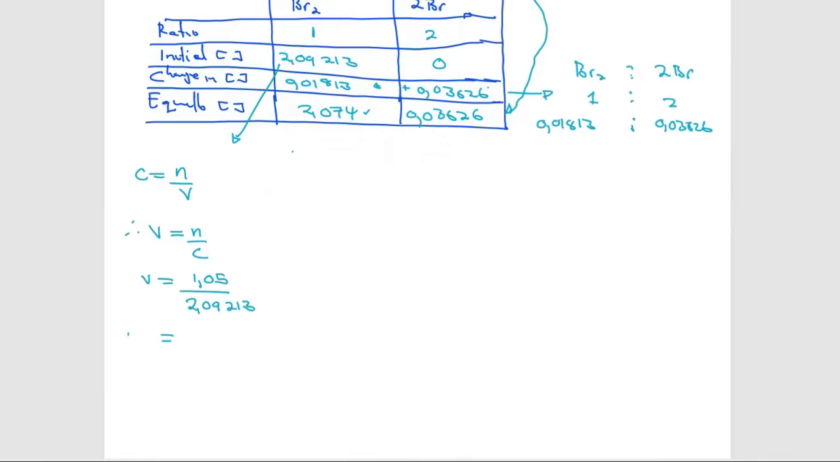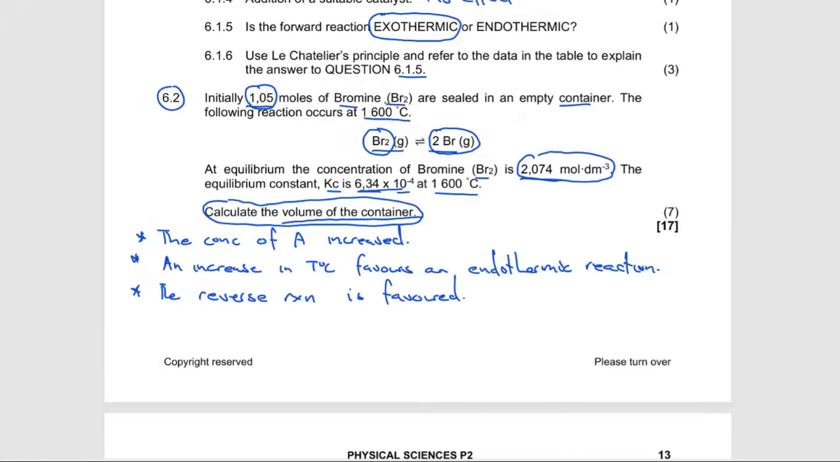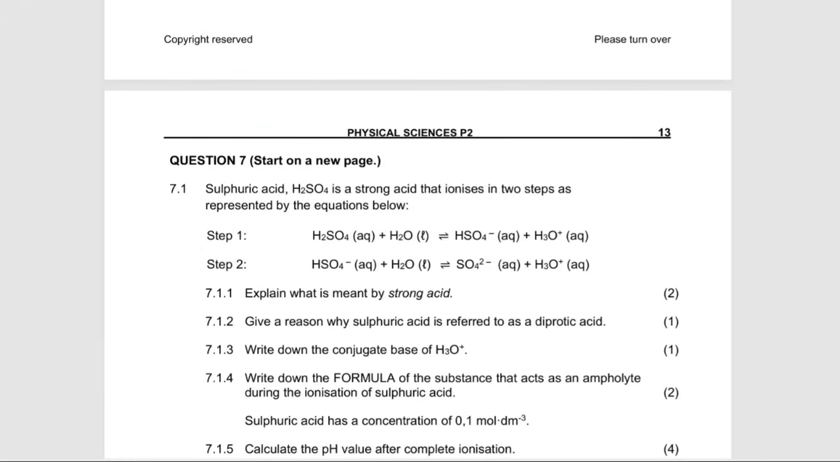So if we do our math there, we're going to get a value of what? 0,0,50, and the units of measurement there is going to be dm cubed. So that's how we attempt that question, which is our 6.2, right? Now moving on to question